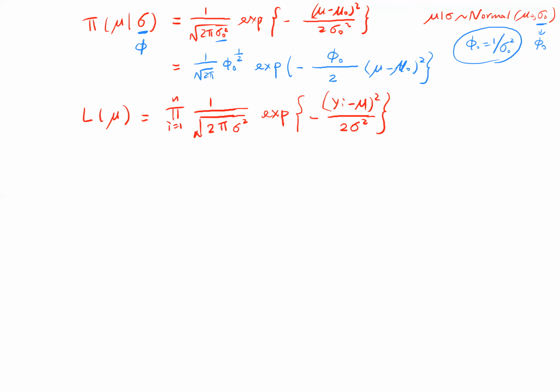In the first line, I always first write with sigma, but then we're going to move to phi. Just want to show you the steps here. So phi is 1 over sigma squared. If we do that, then it becomes